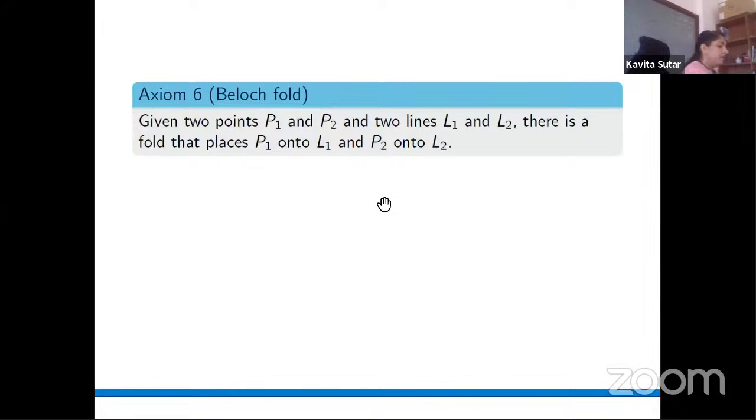So this was one fold that I constructed. But what do we know about these points which are equidistant from both P1 and L1, and equidistant from P2 and L2? What it means is that